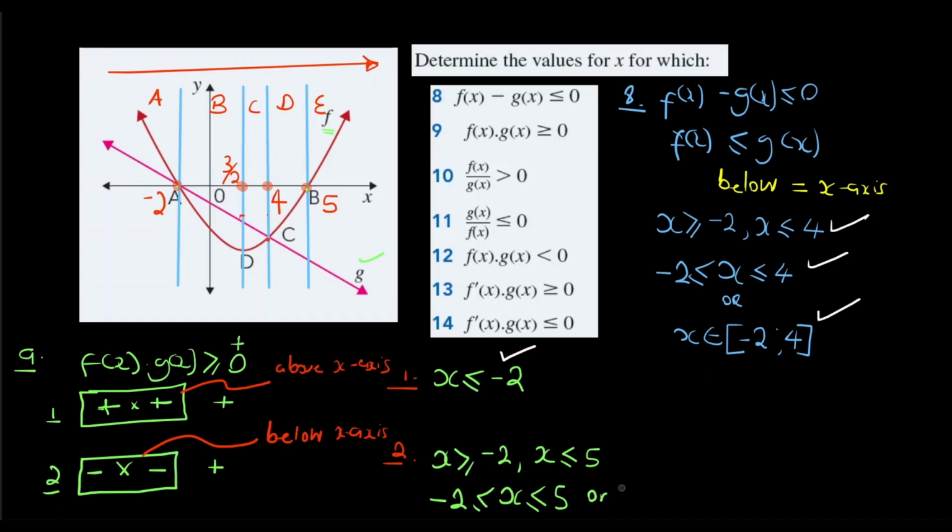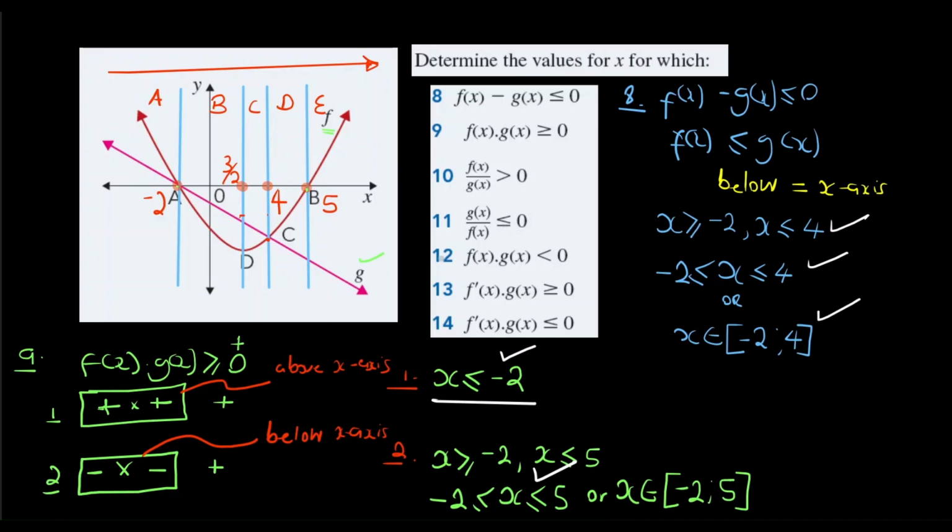Or we can say x is an element of the closed brackets between -2 and 5, not 4. Between -2 and 5. And then we would have found both our answers, which are x is less than -2, and either of the answers I wrote here. So let's move on to question number